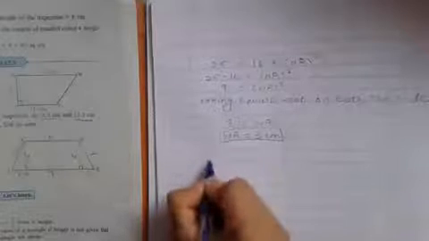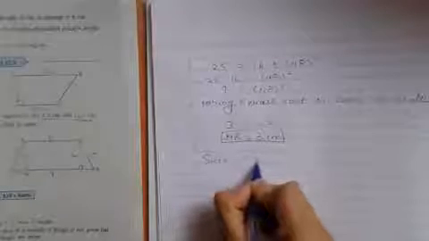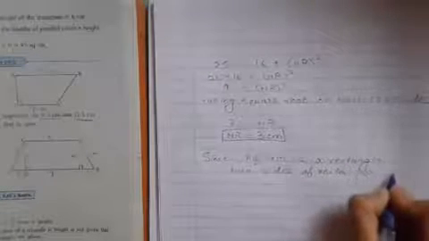So, now we have to write that since PQNM is a rectangle, therefore, two sides of rectangle are equal. So, if two sides of rectangle are equal, PQ will be equal to MN, which is 7 centimeter. So, now we got everything that we want. Now, what we have to find at last? They were asking us to find the area.